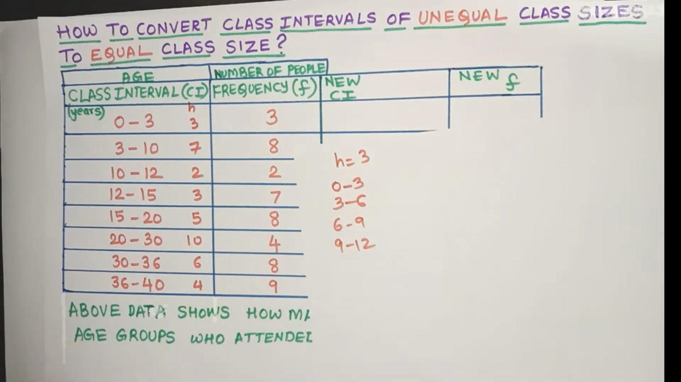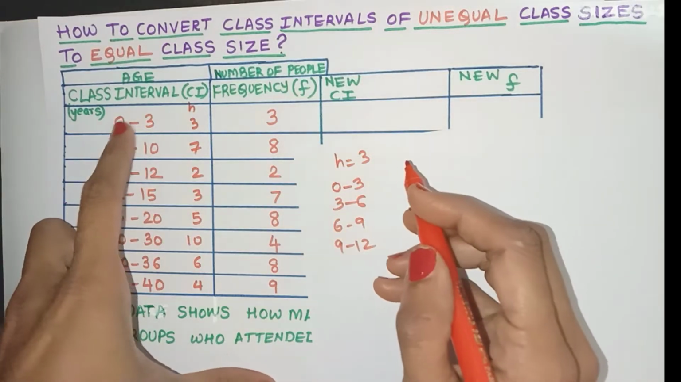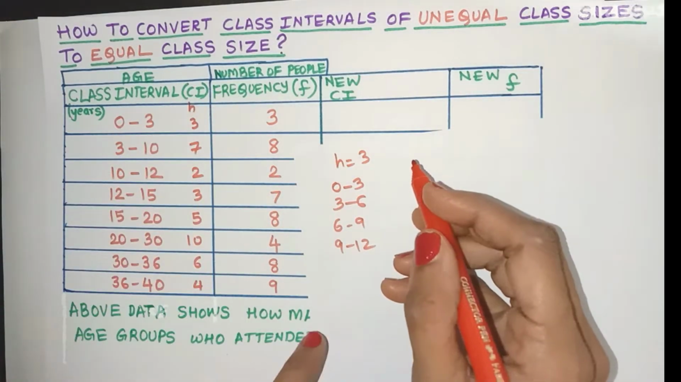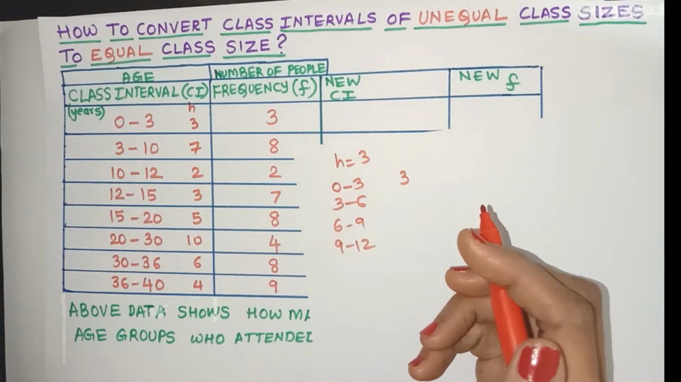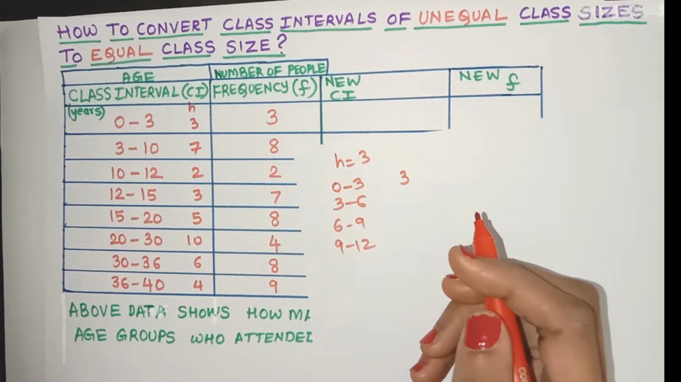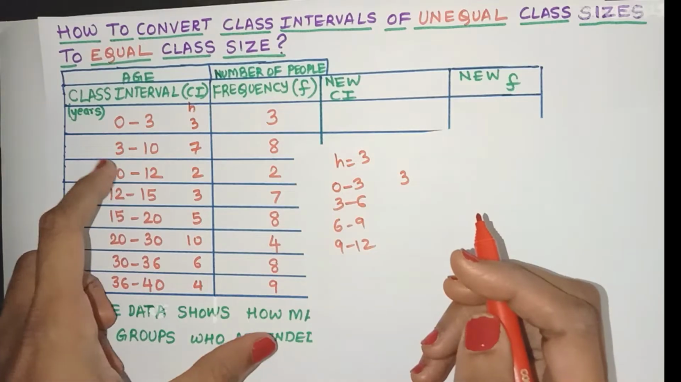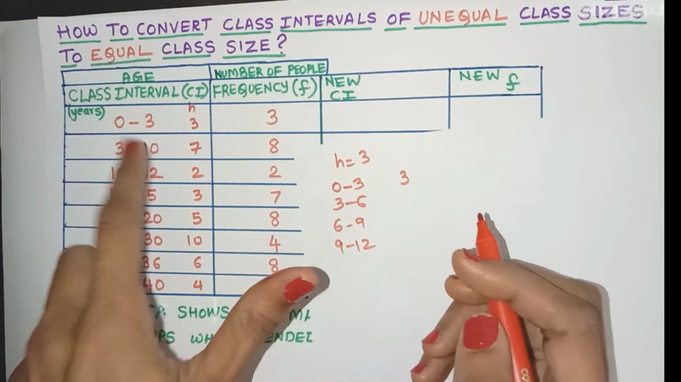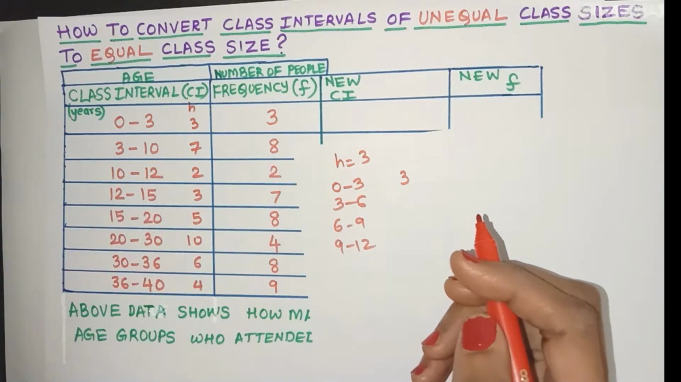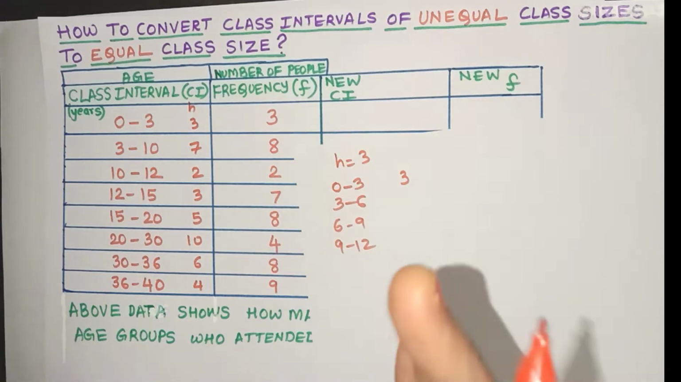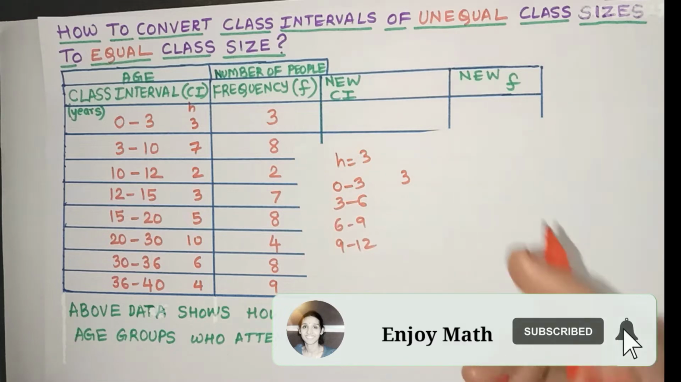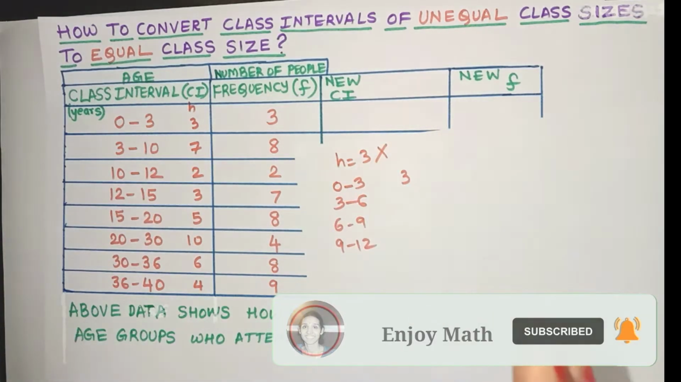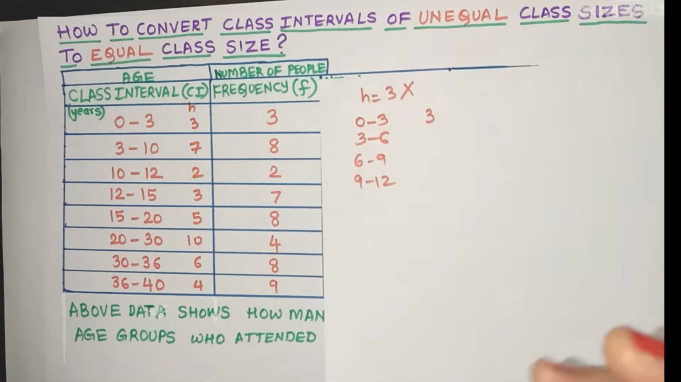Now that seems to be perfect, right? But what about the frequencies? Now 0 to 3, it's already given the frequency is 3. Okay, so no problem. But what about 3 to 6? Do I know the frequency for 3 to 6? Not really, because we only know that the 3 to 10 class interval has 8 observations. But out of that, how many belong to 3 to 6? That we cannot confirm. That's why h equal to 3 will not really work here because we don't know the